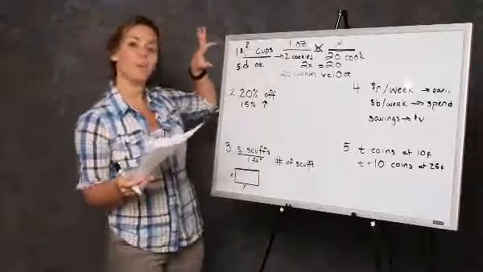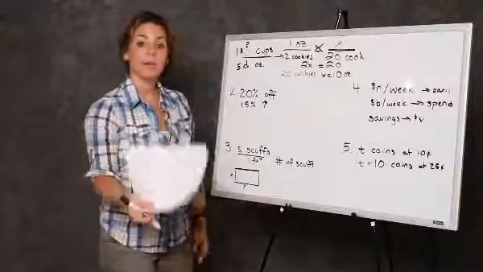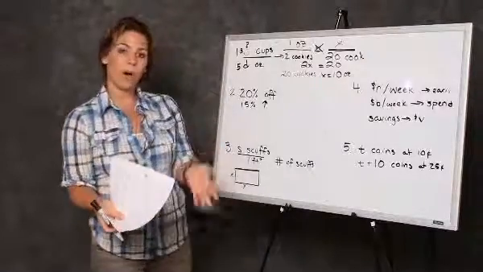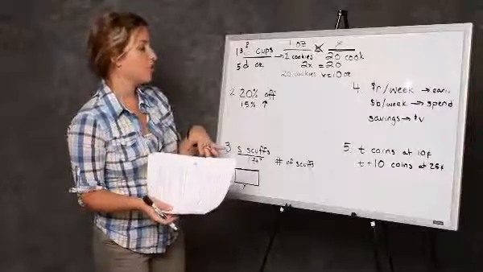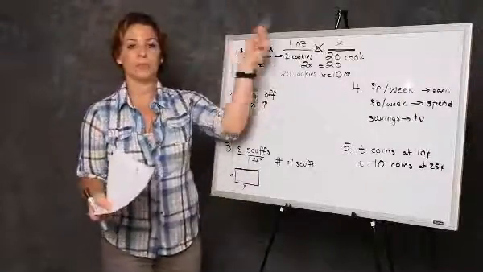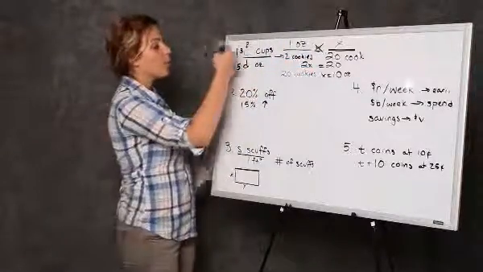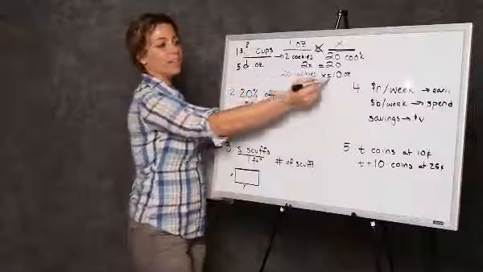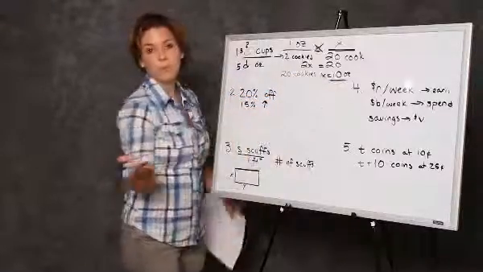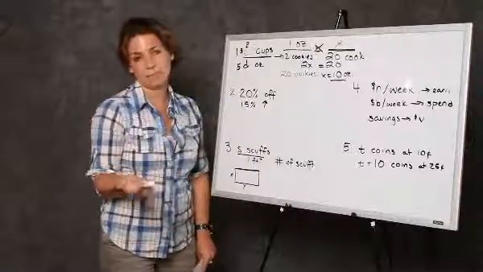So when we pick out numbers, we can pick out honestly any number that we want. Numbers that we want to avoid are 0, 1, or a number already used in the question. So for instance, on this question, we wouldn't be using 2 and we wouldn't be using 20, but anything else is totally fair game. So when I picked these, I picked 5 because I know that we're getting up to 10. So picking a number that's smaller than 10 and that's also a multiple of 10 is making my life